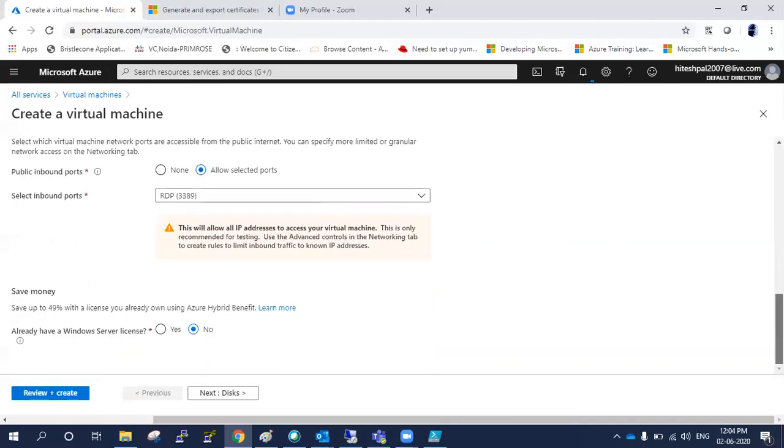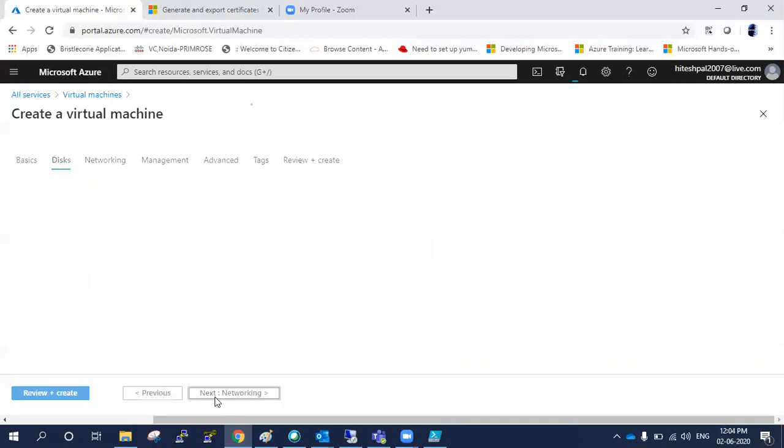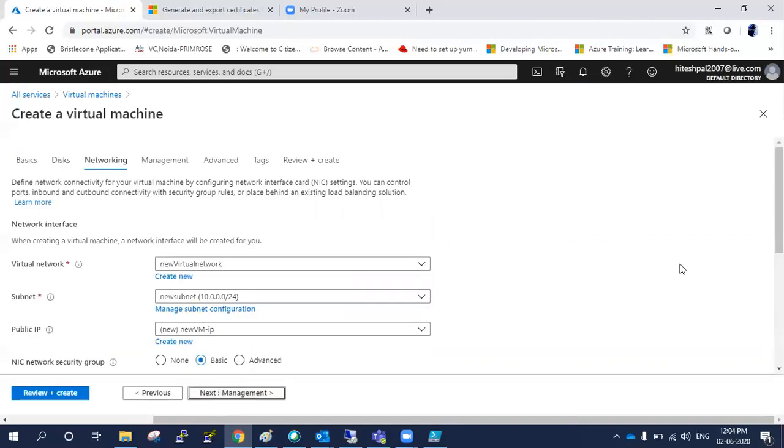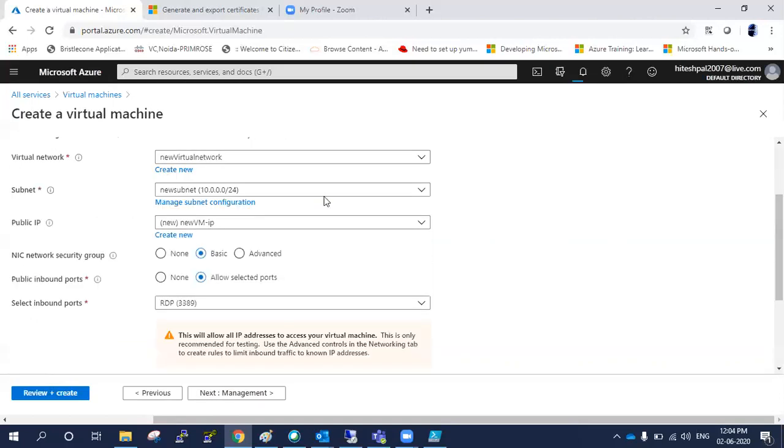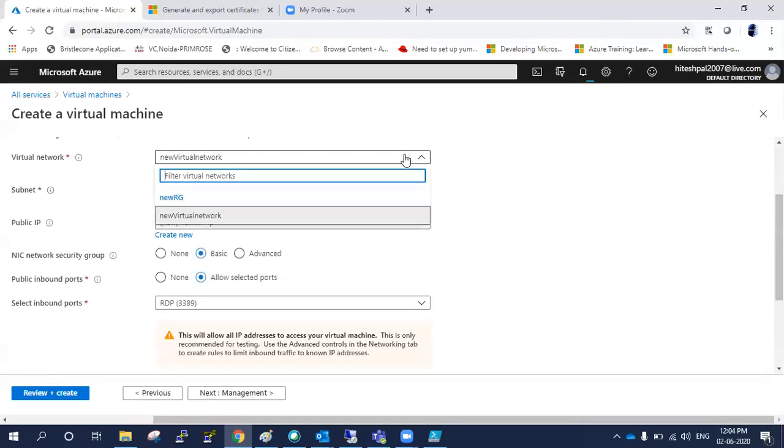Let me type the username. Next is networking. In networking, I'm selecting my VNet.